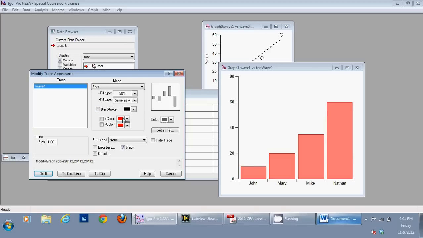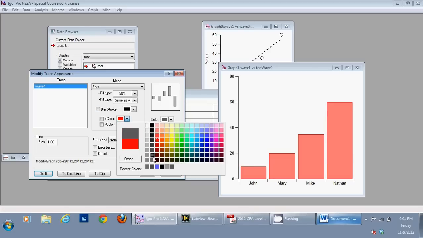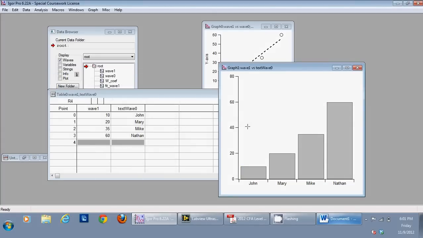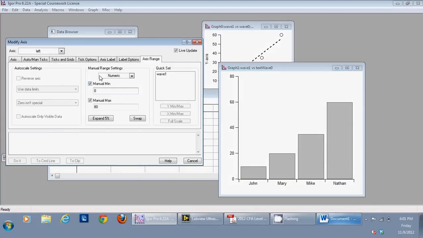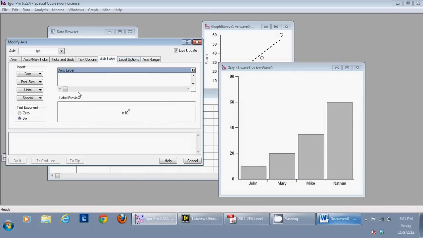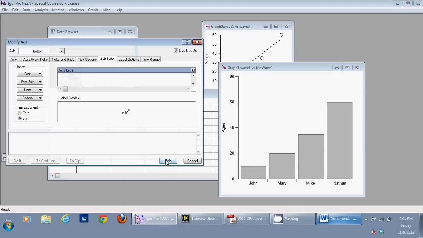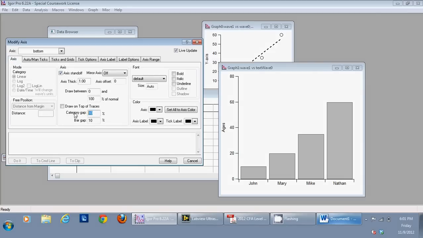now this is how it is. So I can label this axis, I can say axis label and say ages, and then I can increase the distance between the bars by increasing this number. So whatever sounds good.